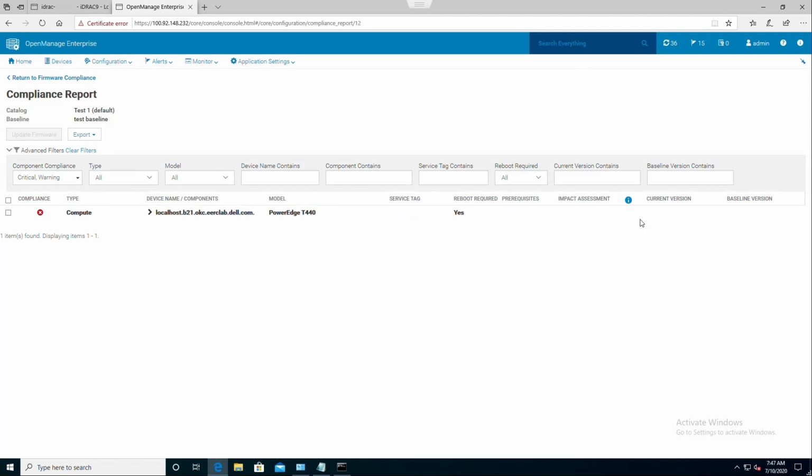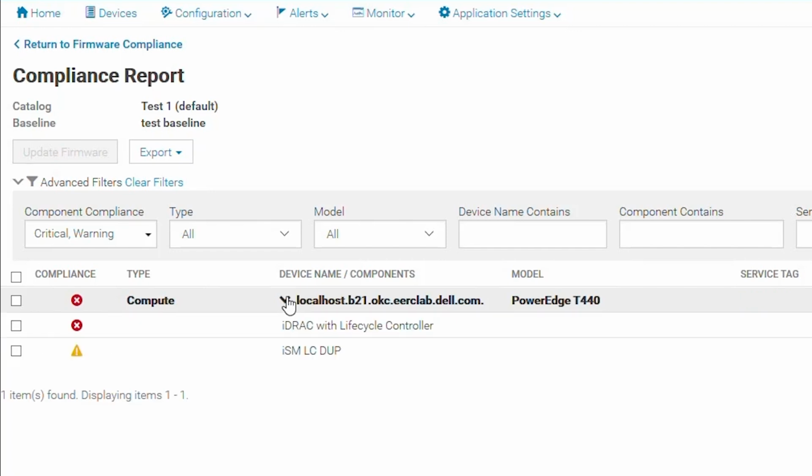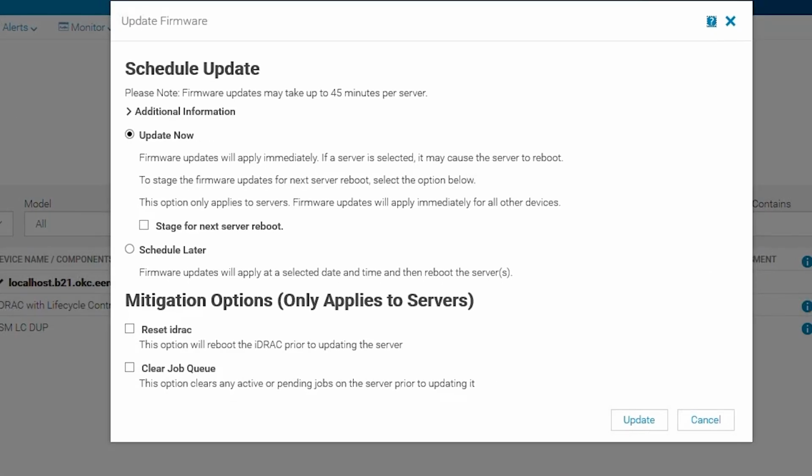Here's where all the servers will be. You can expand a server and see which updates are needed. Here we can see that we do need the iDRAC with Lifecycle Controller. So we'll go ahead and check that update. And then we'll click on Update Firmware. I'm going to go ahead and keep the default, which is Update Now, but you can see there are several other options available.